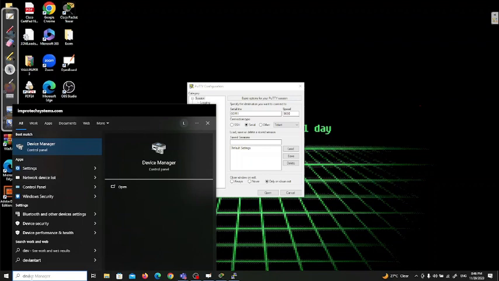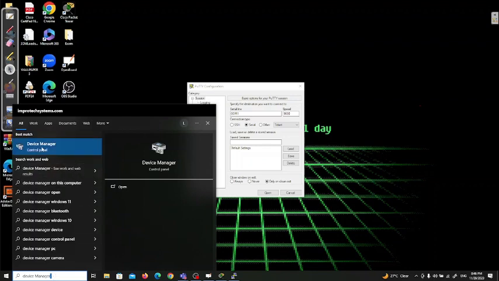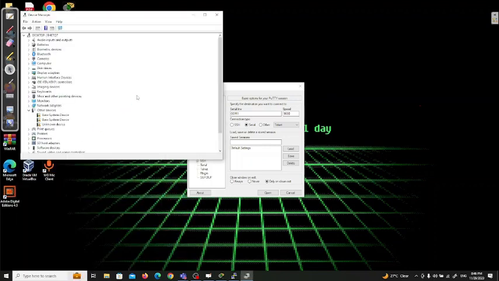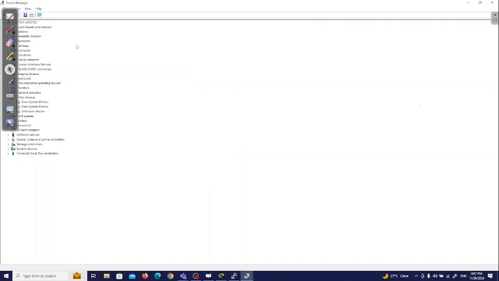You have to go to the search bar, and at the search bar here you just write down device manager. You go to the device manager, and the device manager will show up. This is the device manager, and then you have a menu here. So when you connect